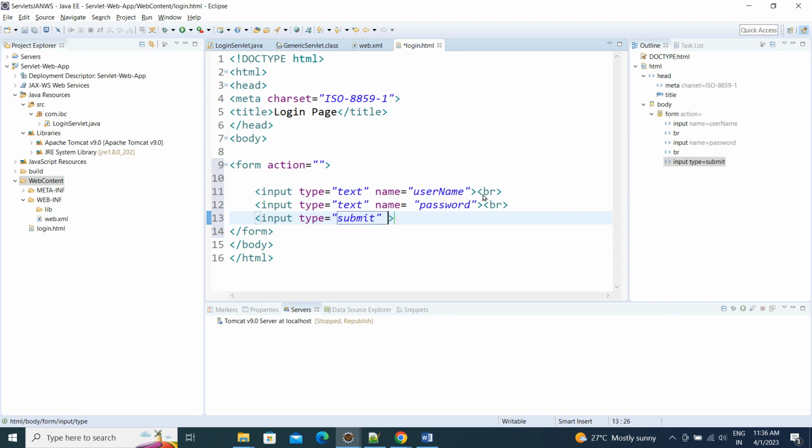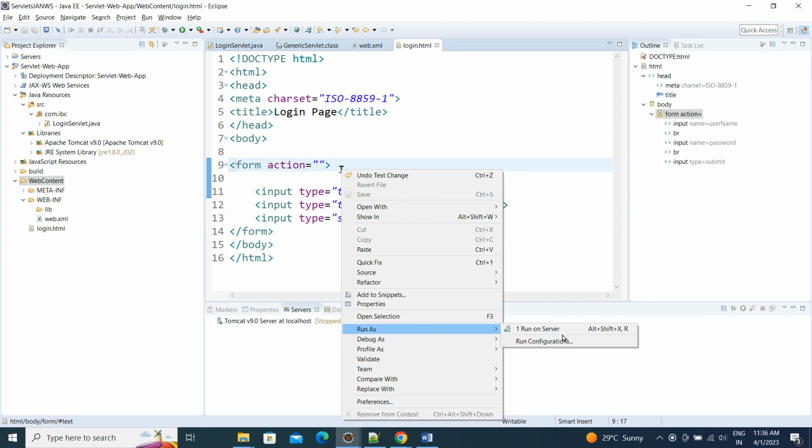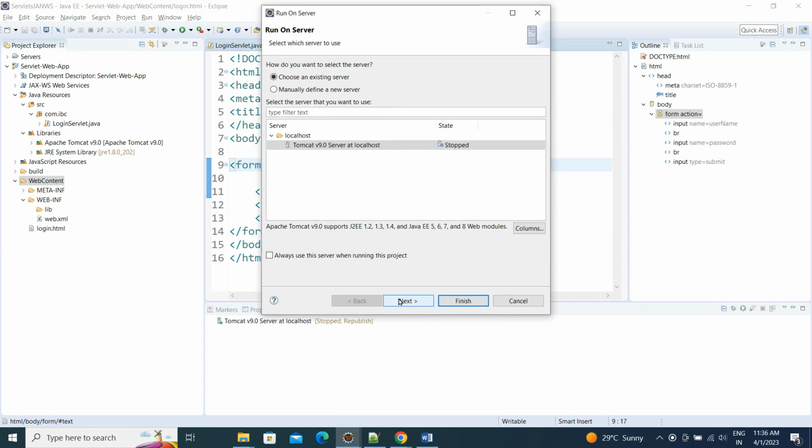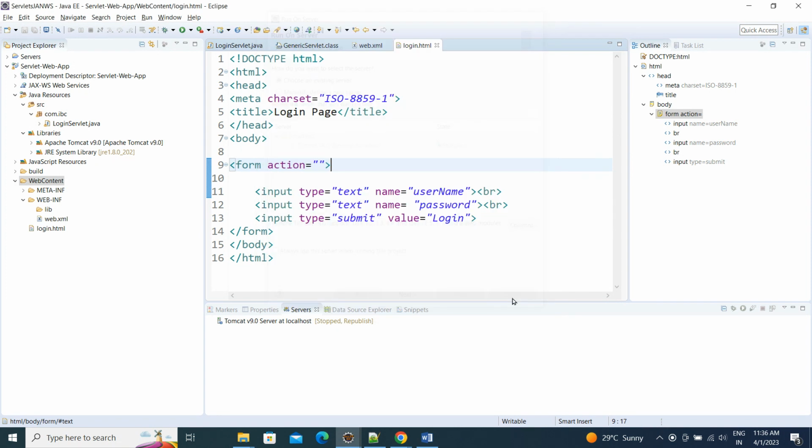What is the value for that? The button value I'm giving as login. Okay. Now it will give only the box. Now let's run this file, run on server. Either you can run a single file, or you can run this file entirely, then it will open